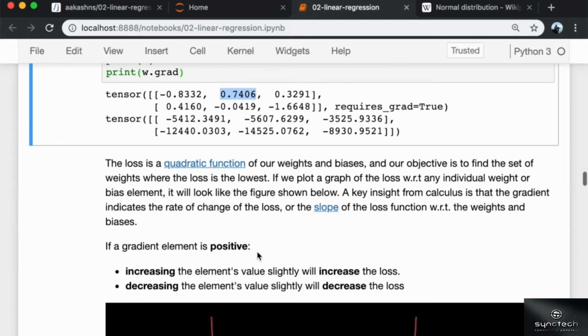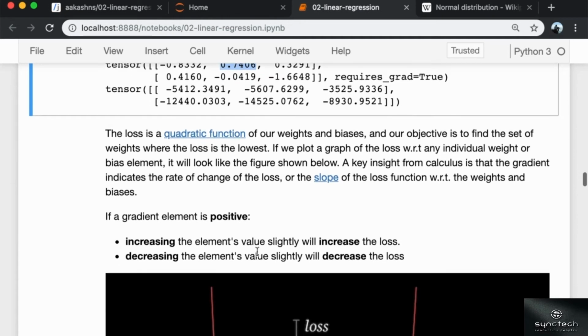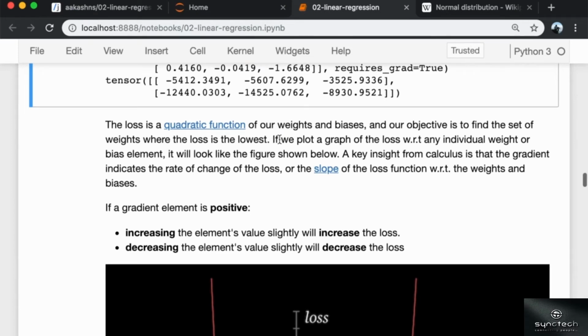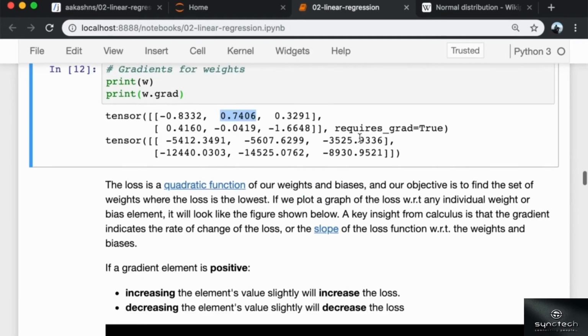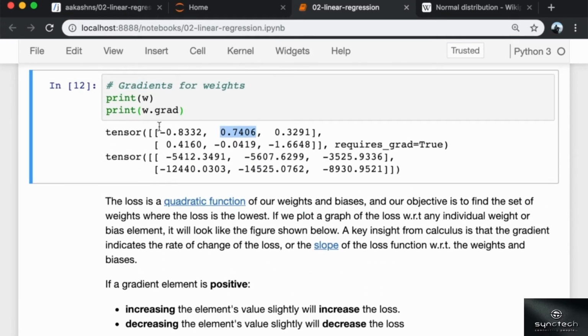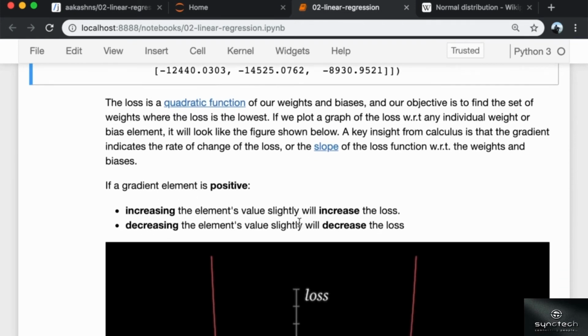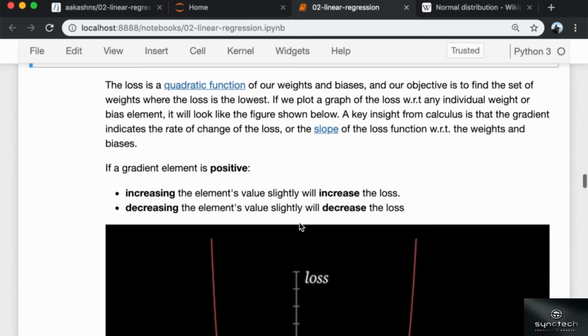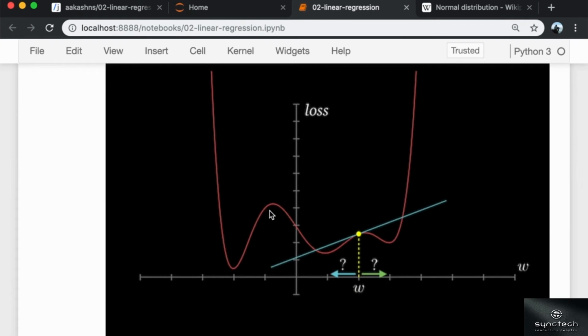Now, since the loss is a quadratic function of our weights and biases, and our objective is to find the set of weights where the loss is the lowest, if we plot a graph of the loss with respect to any individual weight, for instance with respect to this particular element of the weight, keeping all the other elements constant, it will look like this kind of figure.